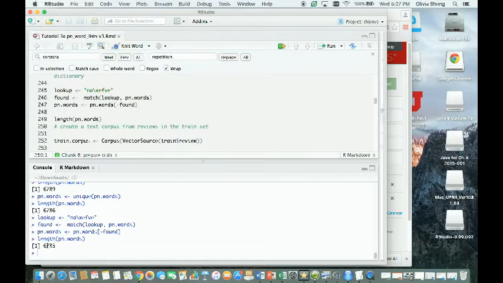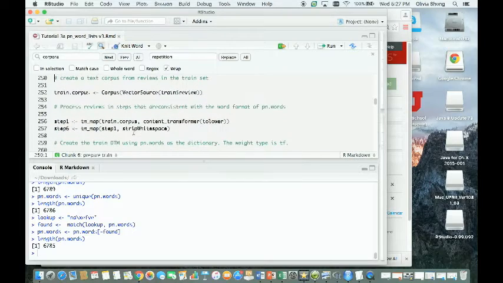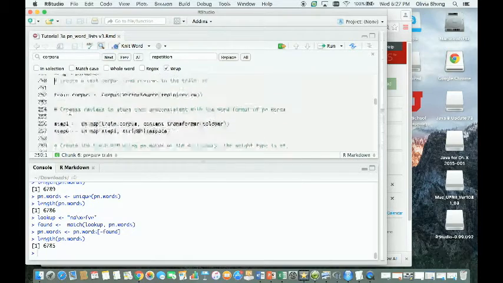So this also gives you a sense of the total number of words. About two-thirds of these are negative words, and one third is positive words. Then after that,